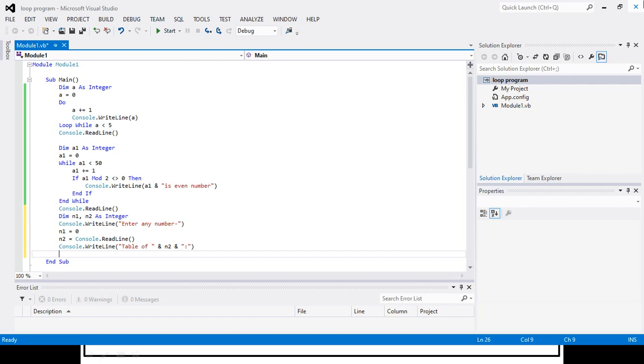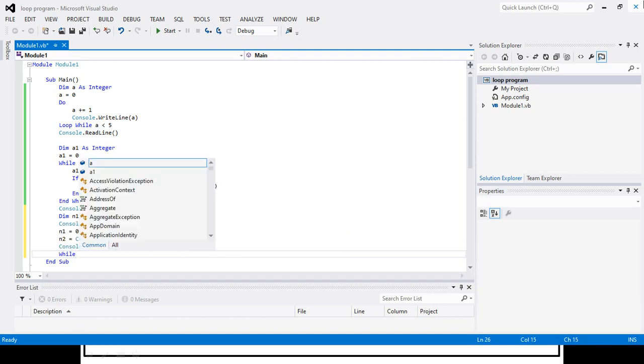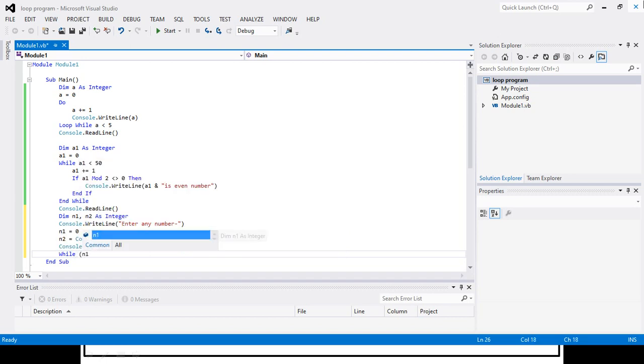Okay, now here we will use our while loop, while the number is less than 10.